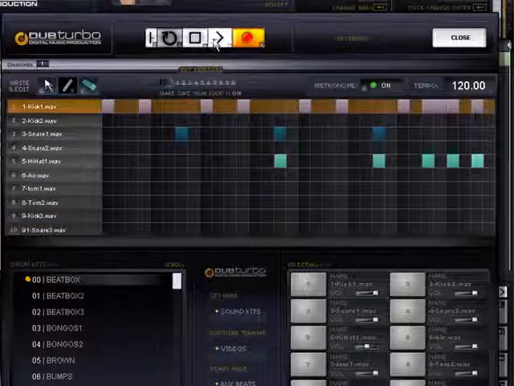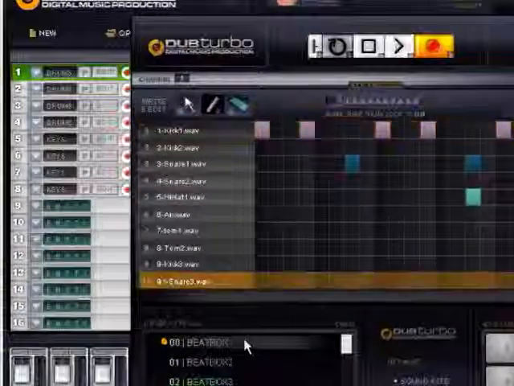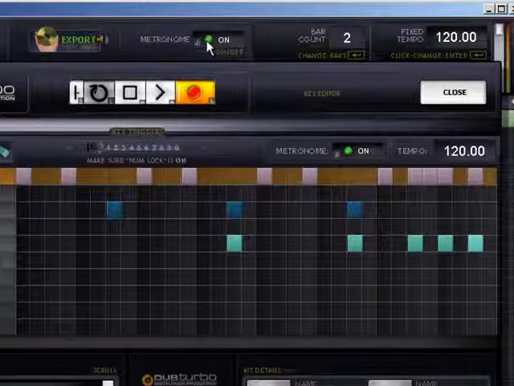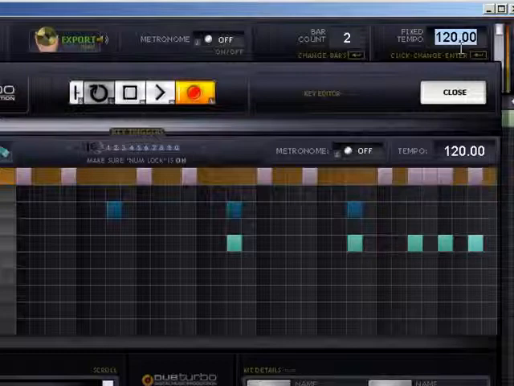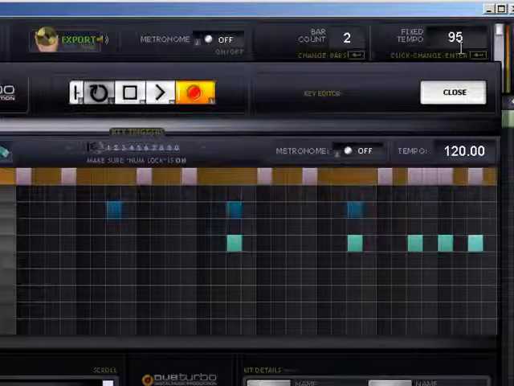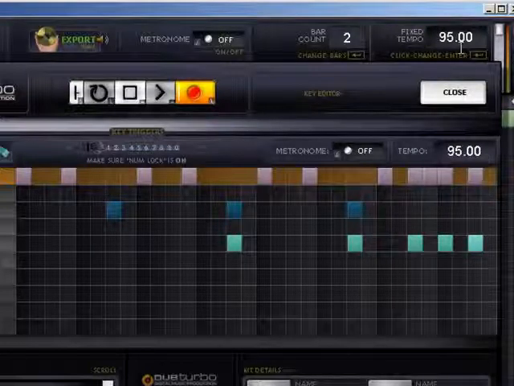Okay, so a very simple 2-bar reggae beat with a beatbox pattern. Sounds a little funny. Let's turn the metronome off and lower this down by double clicking on it and going to like 95. Pressing enter, and now